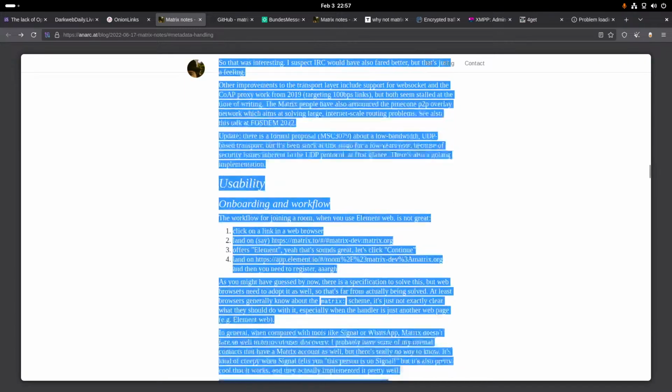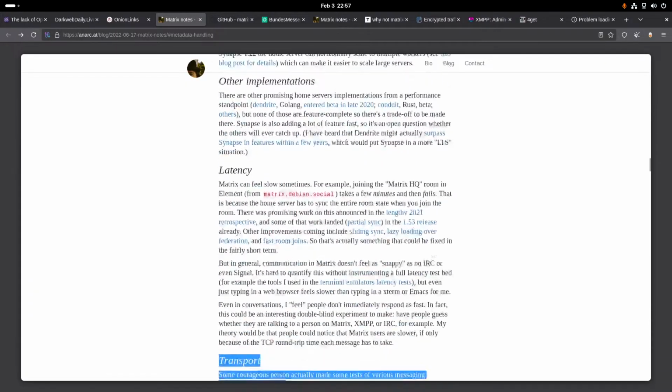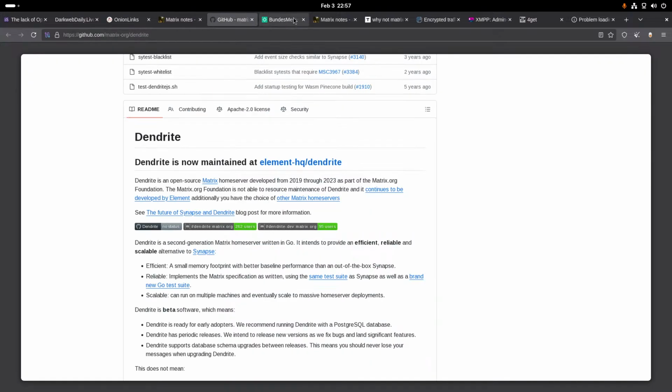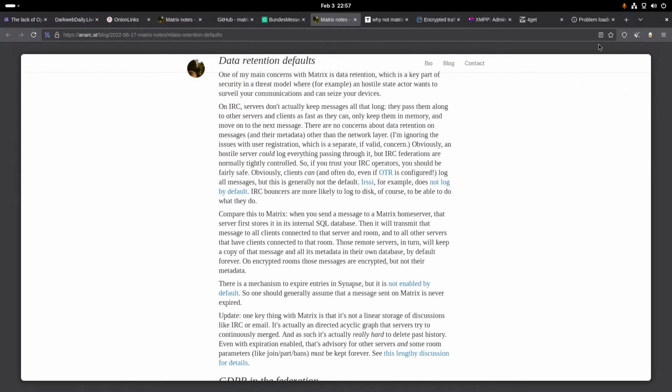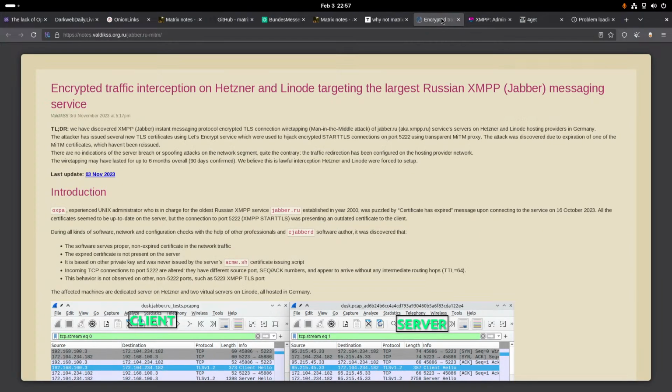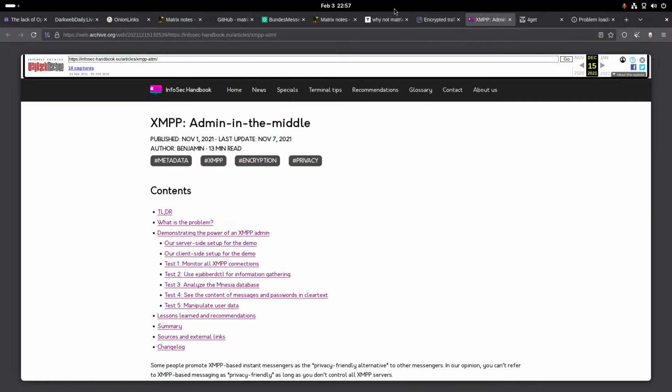Alright, cool. So we're going to end here, because this is a long article. He did warn me. They did warn me. But we're going to keep looking at this because it's kind of interesting to see why Matrix gets recommended so much, and the things that happen that are not good.